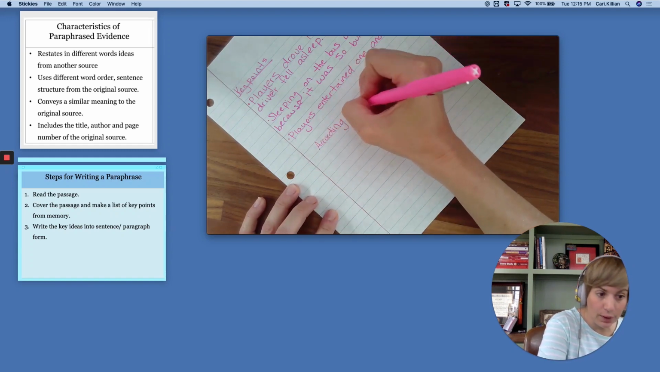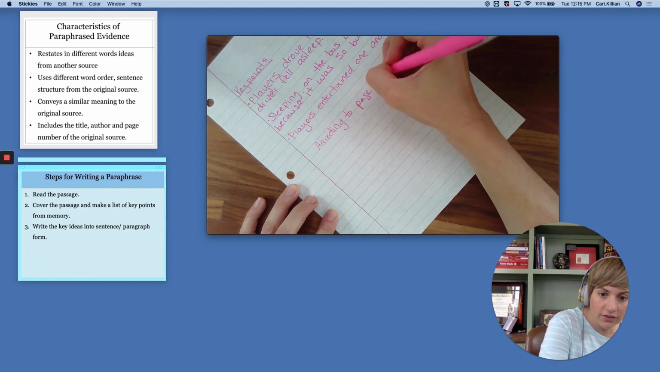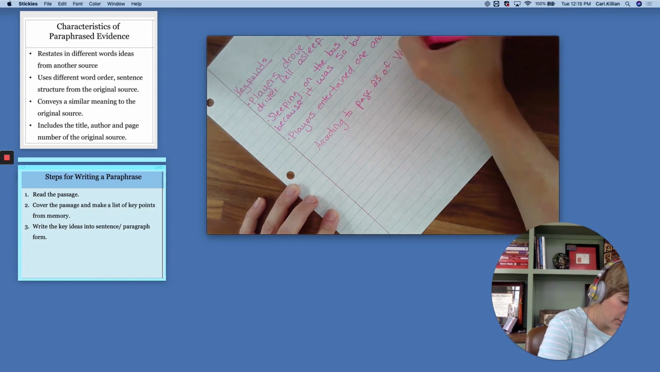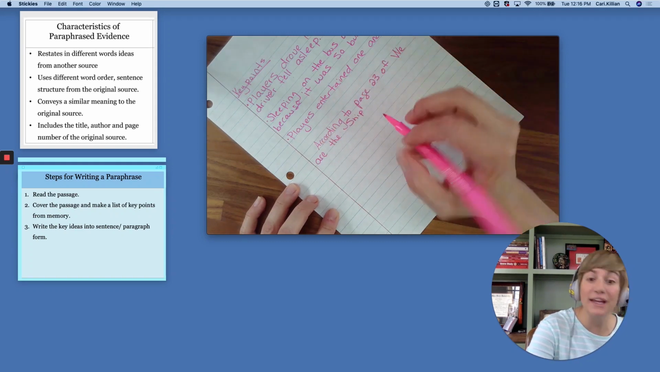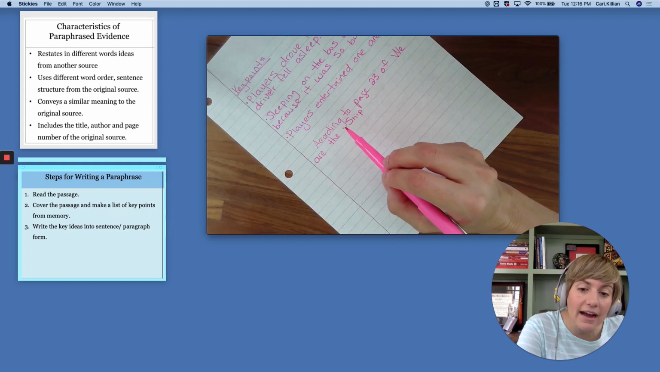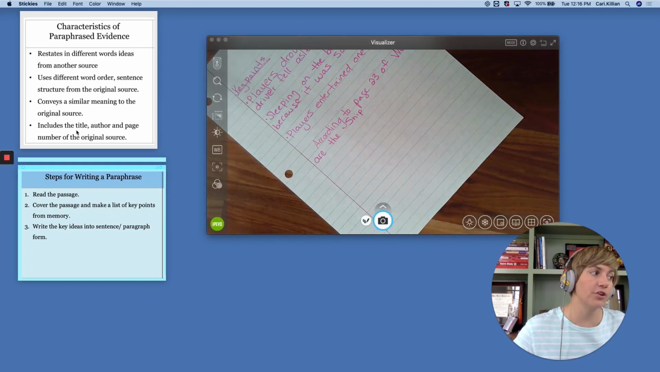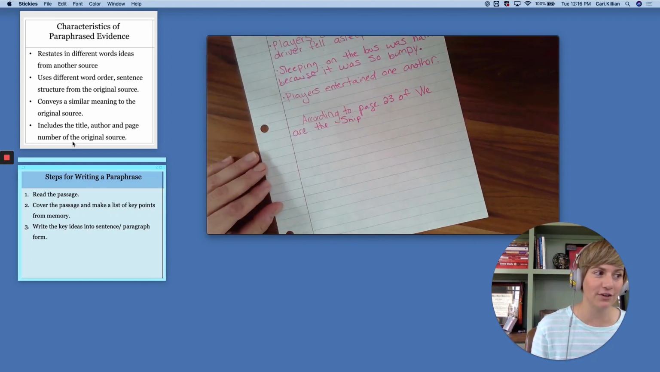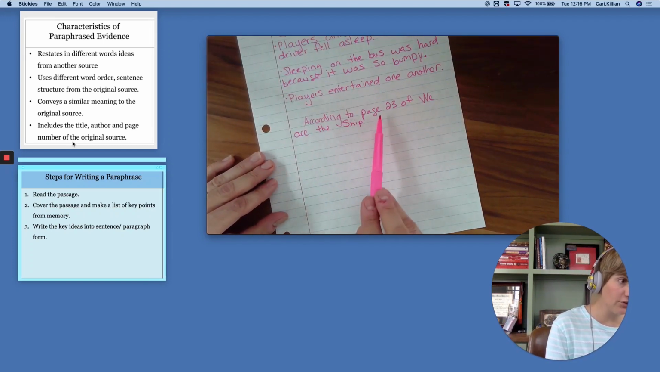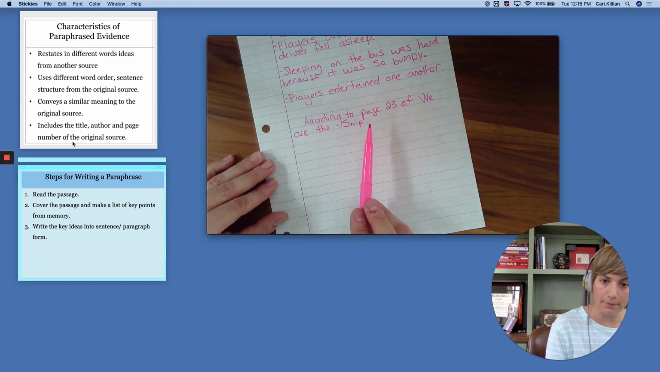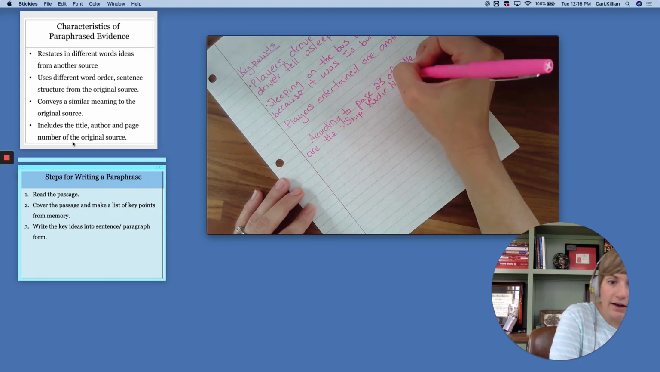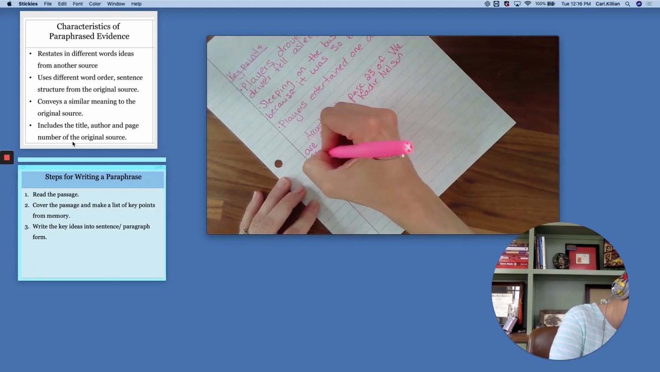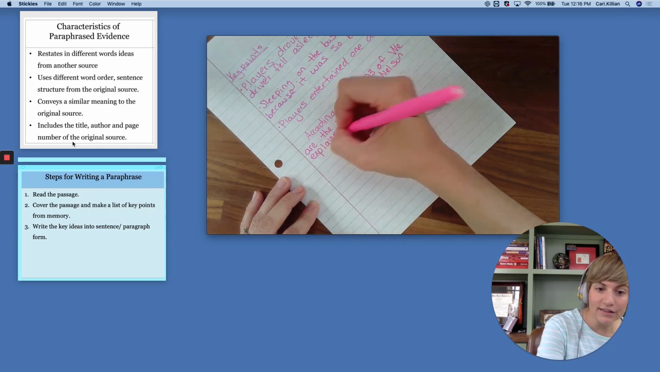According to page 23 of We Are the Ship. Okay, so here I included that because it's important to ensure you have the title, the author, and page number. So I have that on my screen. So according to page 23 of We Are the Ship, now I want to say the author, Kadir Nelson, explains that